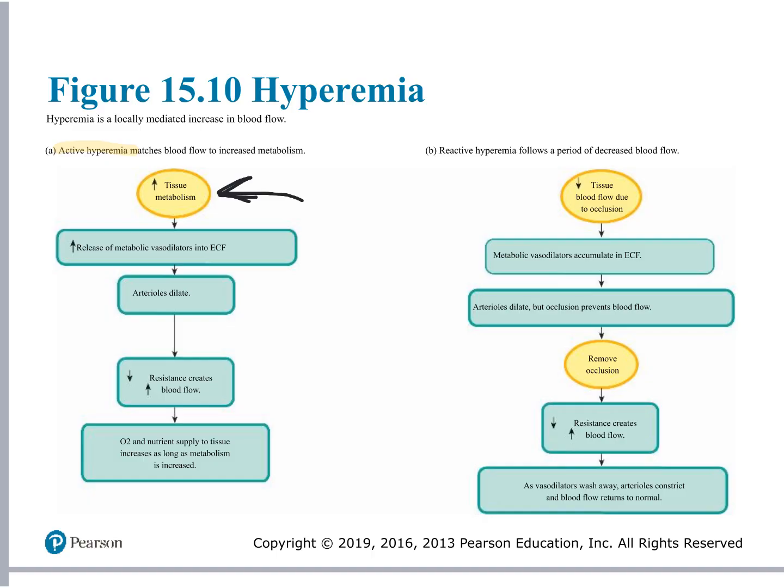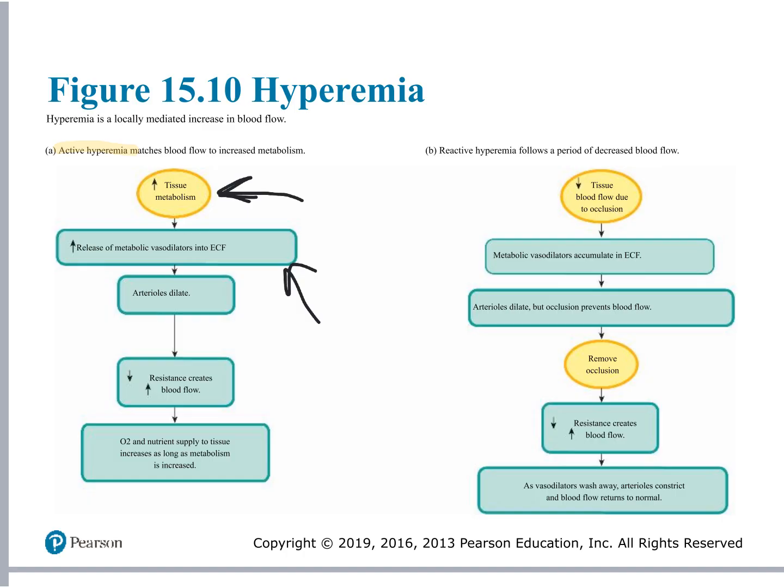So we use more oxygen, create more carbon dioxide. So if there's been an increase in tissue metabolism, it will cause vasodilation of the blood vessels, which will increase the blood flow to that area so that we can bring more oxygen to those tissues and we can flush out the excess carbon dioxide because of the extra